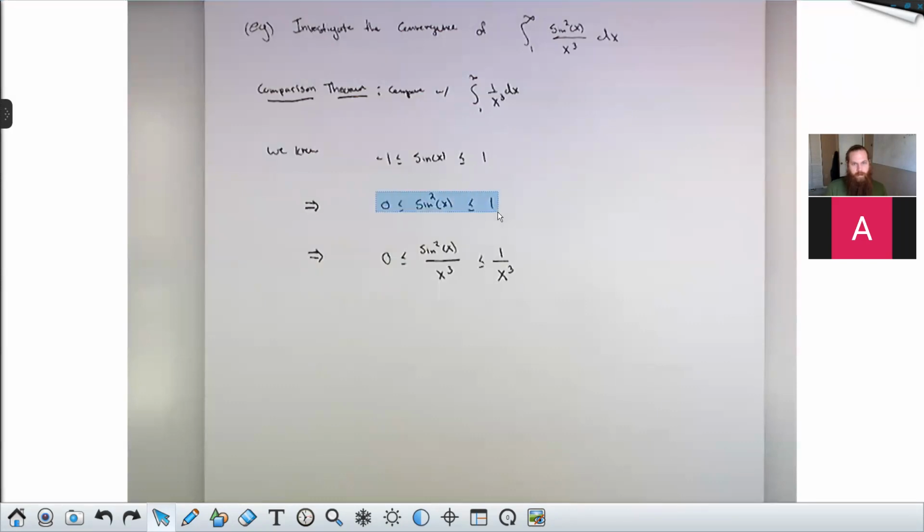So to go from the second to the third, I just divided every term by x cubed. Since I'm considering x's which are bigger than 1, x cubed is positive. So when I multiply or divide by him, he doesn't mess up my inequality. And since I have this line as something I know to be true, I can divide everywhere here by the positive quantity x cubed and get another statement which I know to be true. I've just written 0 over x cubed as 0 because that is still 0.